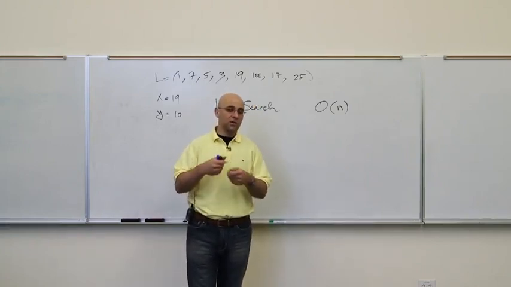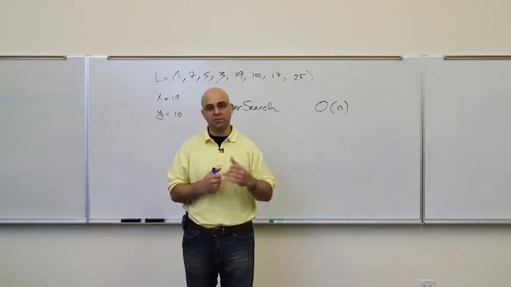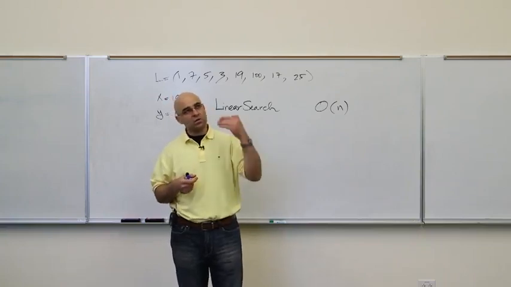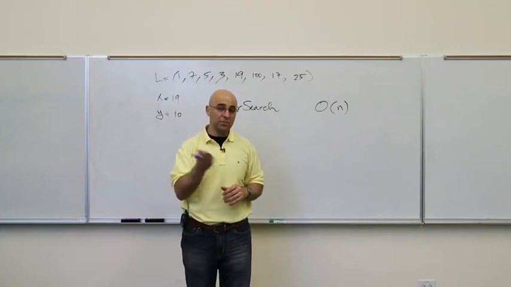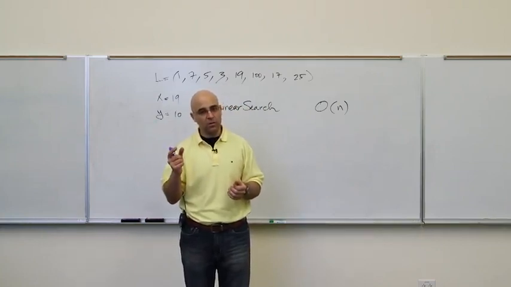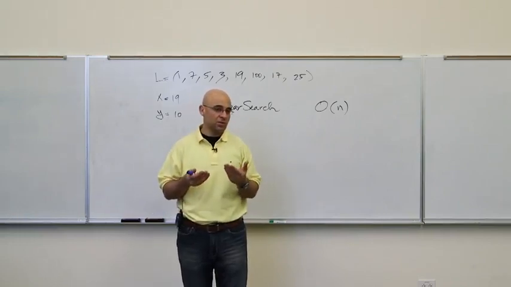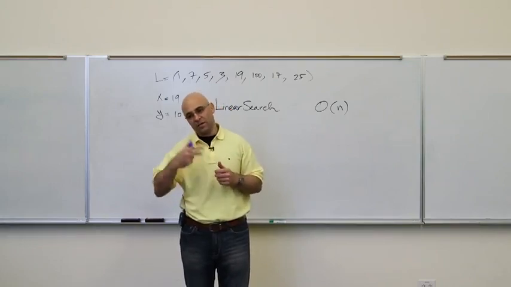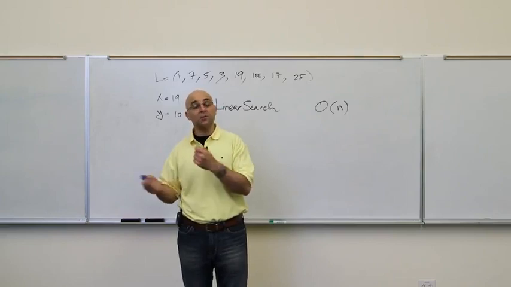Same thing, if you are looking for the social security number of an individual in a list of 300 million social security numbers and they are sorted, the algorithm should not start from the very first one and go to the second and go to the third. It should go to the middle of that list and then ask, is the one I'm looking for before the middle or after the middle? Because I have an order on these numbers, I will know whether to go left or right. If I decide to go right, I'll go to the middle of that right part and then repeat the same